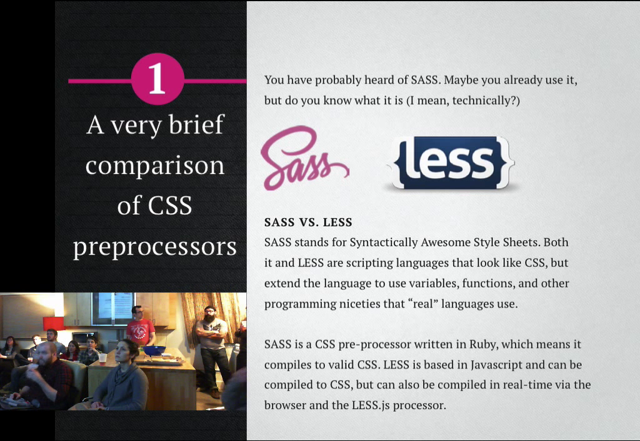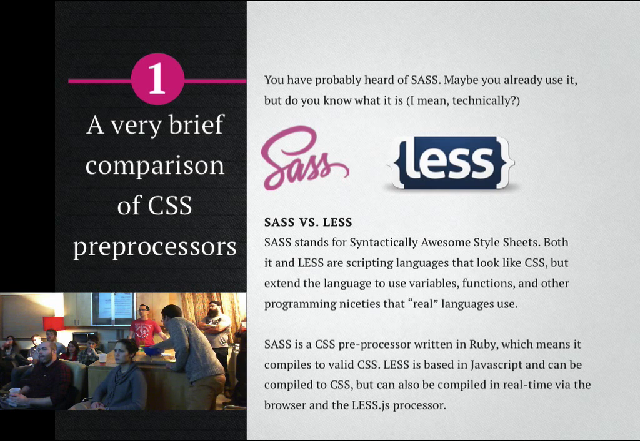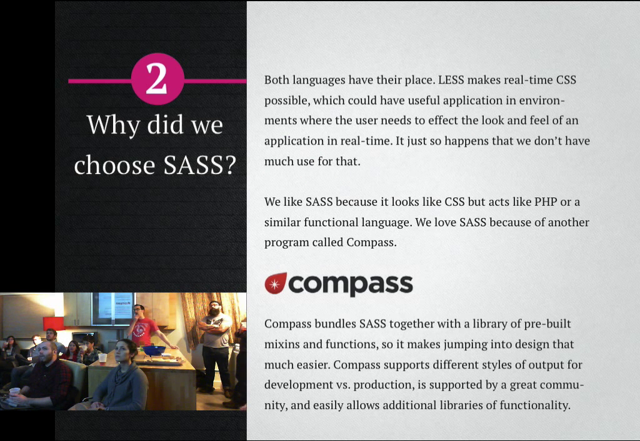I actually didn't know before this what the difference was, but apparently Less is based in JavaScript, and it's really good for doing real-time authoring. You can write in Less and let the JS file figure the rest out. That's interesting, but it's not really what we wanted to use it for. So a long time ago, someone decided that we were going to go with Sass,